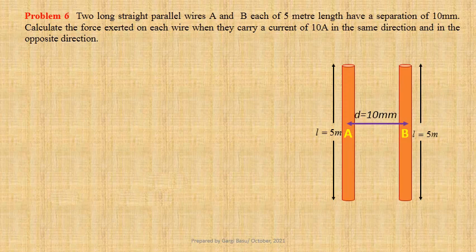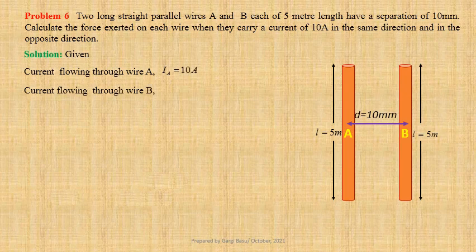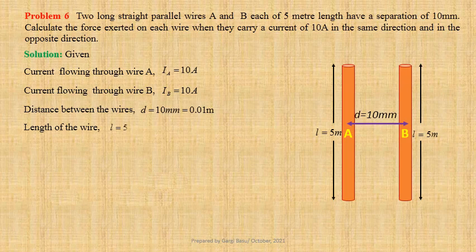Let us first write down the given data. Current flowing through wire A, IA equals 10 ampere. Current flowing through wire B, IB equals 10 ampere. Distance between the wires, D equals 10 millimeters, that is equal to 0.01 meter. Length of the wire, L equals 5 meters. Value of permeability of free space or air, mu0 equals 4 pi into 10 to the power minus 7